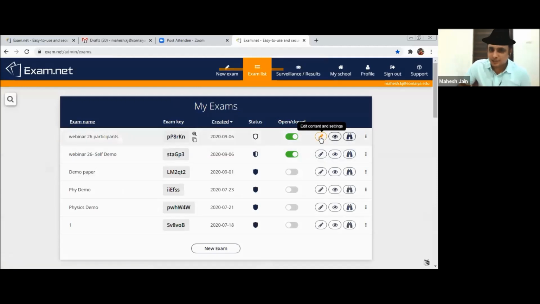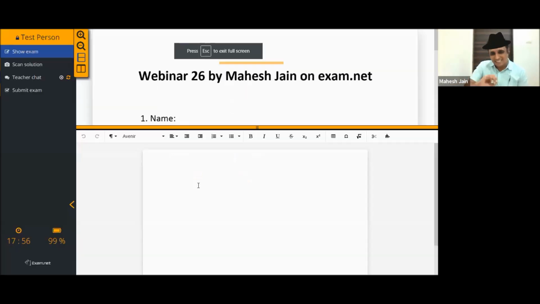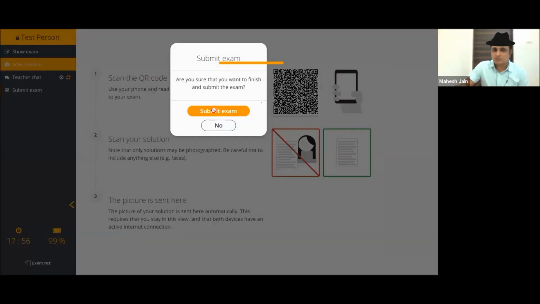You need to preview the paper. If you have written on the physical paper, write your name, click some photo and click on scan solution. See your own QR code, you have to scan it. Then whatever option you get, just submit the paper.